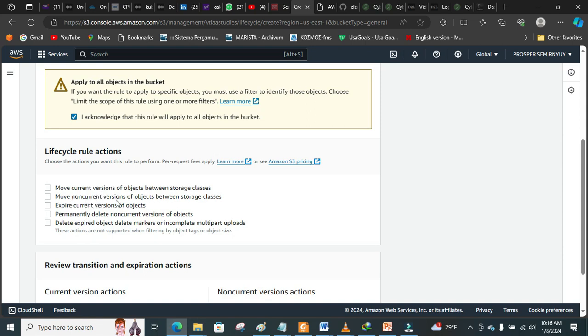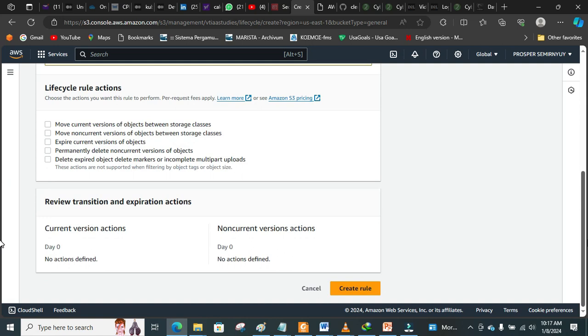Move non-current versions of objects between storage classes. Expire current versions of objects. There are some objects that are being expired and they are still there. Do you want to move them? Permanently delete non-current versions of objects. So these are the options for you. You are going to choose with respect to your company and your client. Okay, so you can decide, and then you say okay,